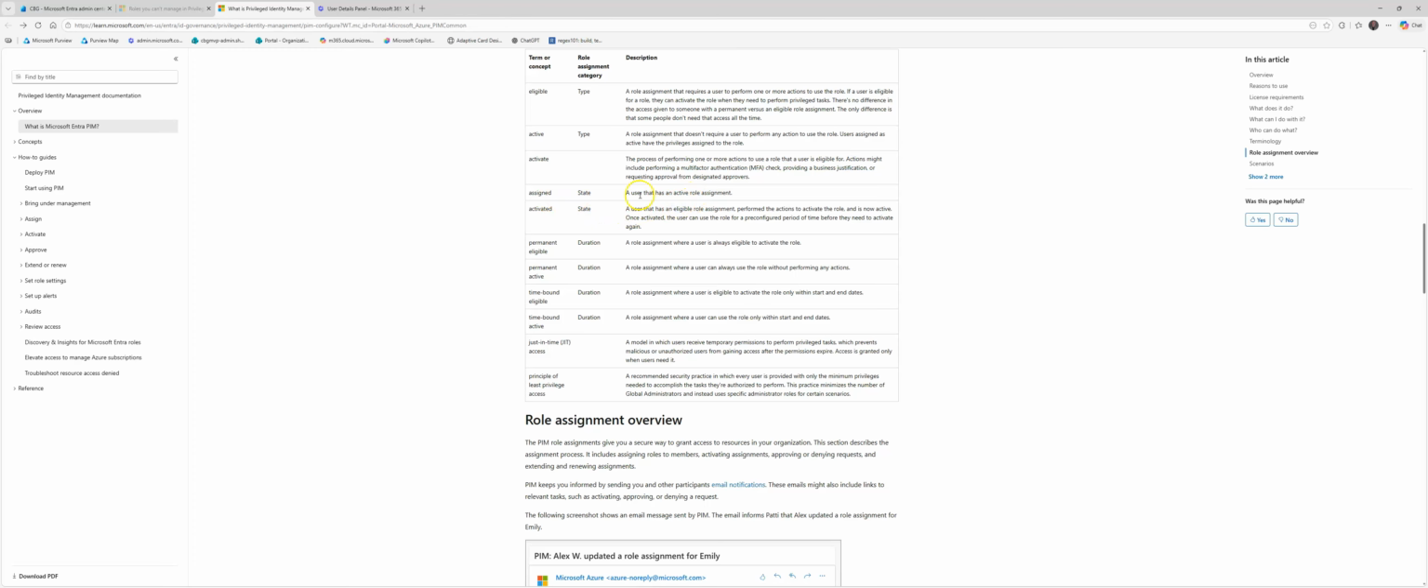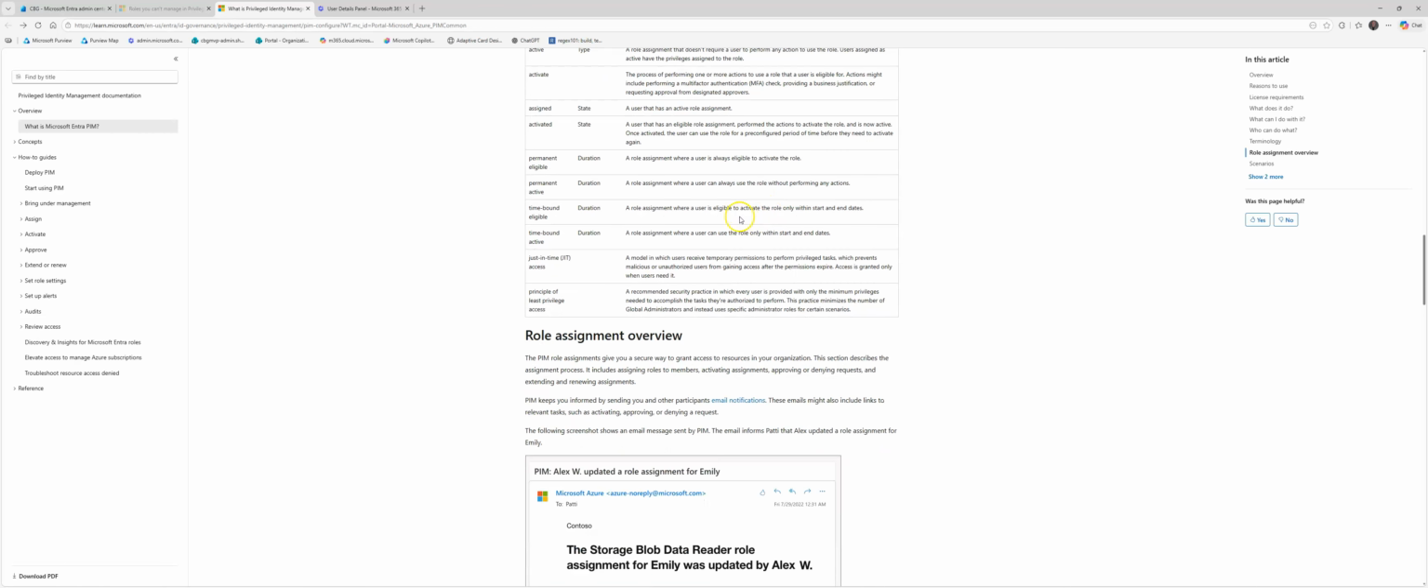There's assigned, a user that has an active role assignment. Activated, a user that has an activated role assignment performed the actions to activate the role and is now active. So it's activated that role. Permanent eligible means a role assignment where a user is always eligible to activate the role. And there's a duration there. So what that means is, how long is this user eligible for the role? Doesn't mean how long does the user have the role, but how long are they eligible to promote to